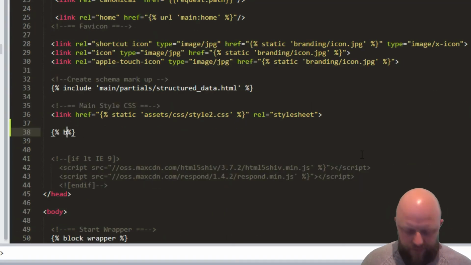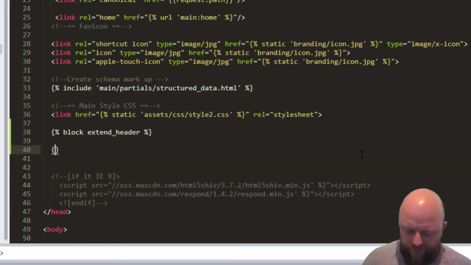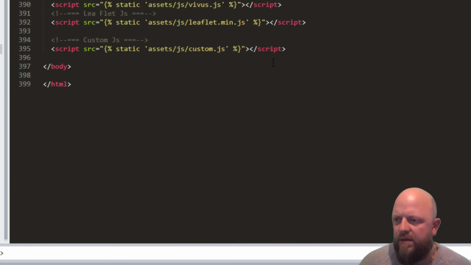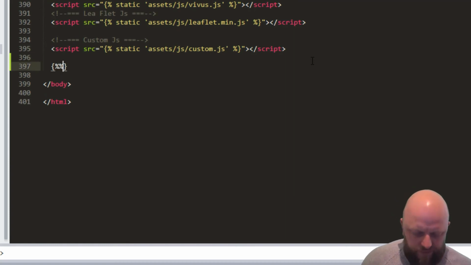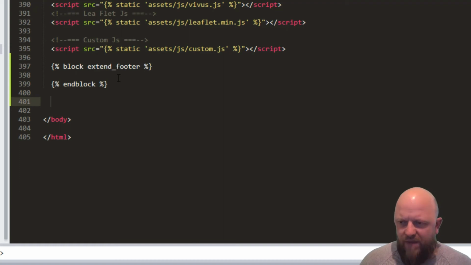So we have block extends, or extend header, end block. Okay, and we also need another one at the bottom here called extend footer. End block. Okay, and then underneath that block we then need to, we haven't written it yet, but we will